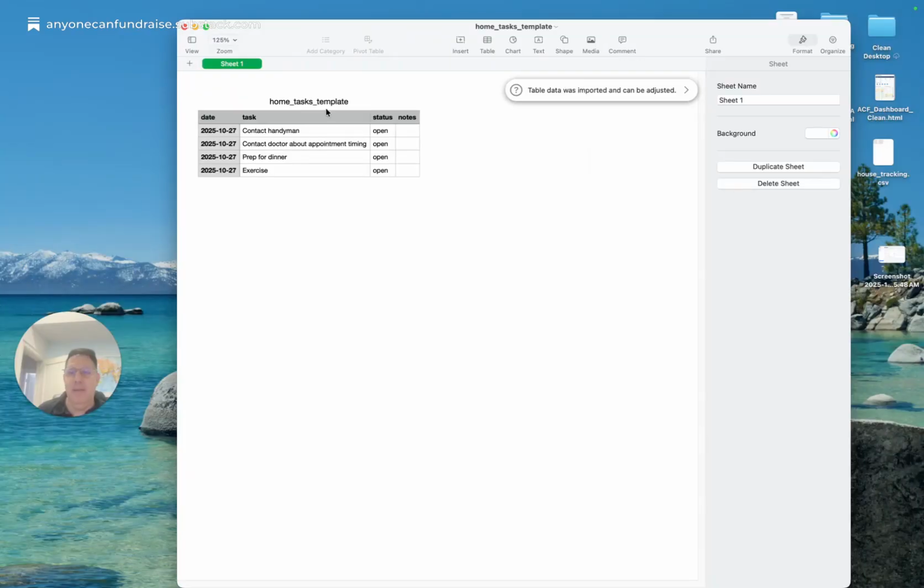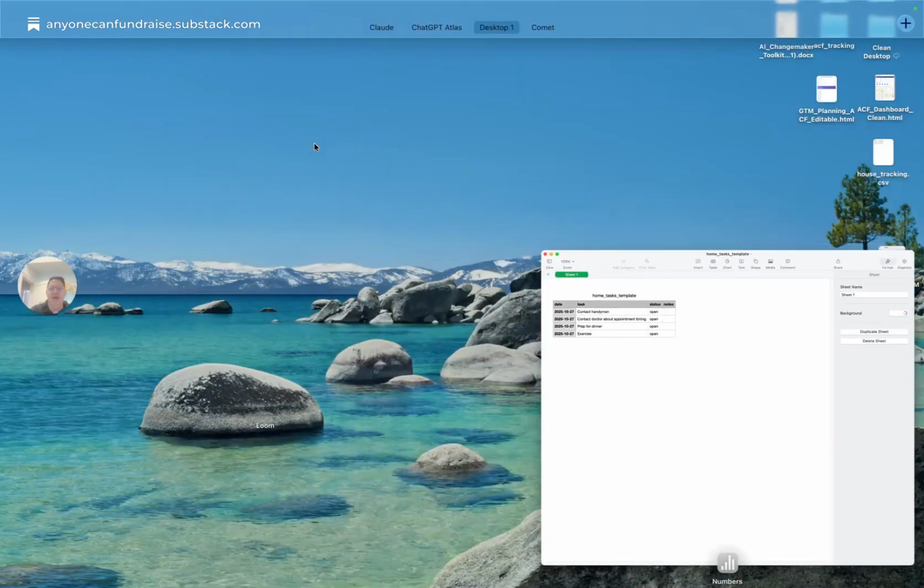Now the next step is to add this information. And the cool thing about this is this information will accumulate over time. And that's what we want. We want to have this easily updatable and to accumulate over time. So the next thing I'm going to do is I'm going to ask Claude again